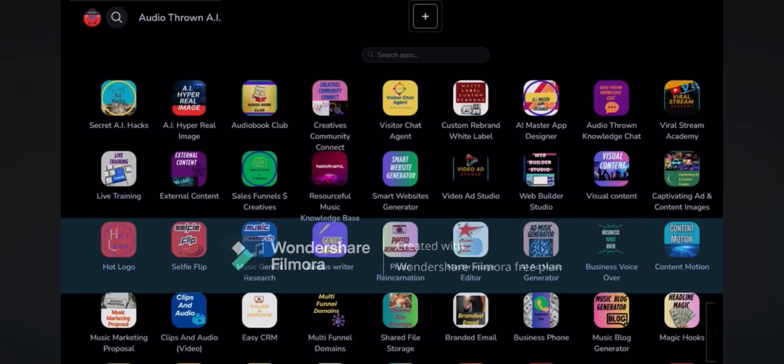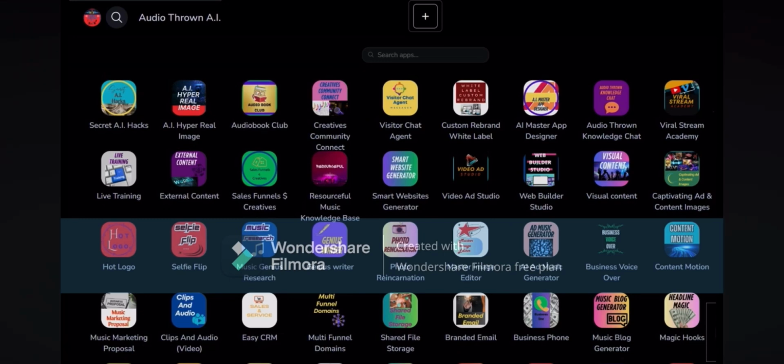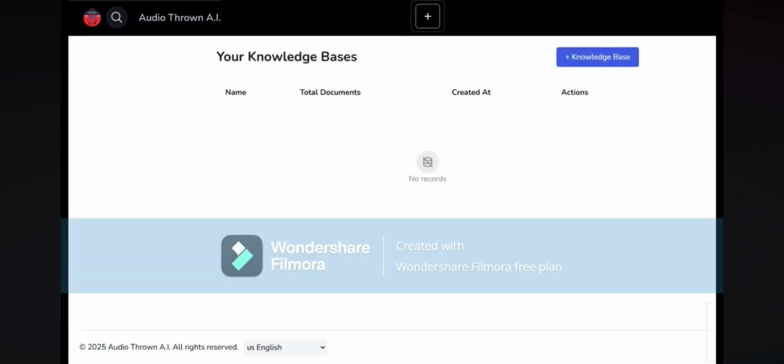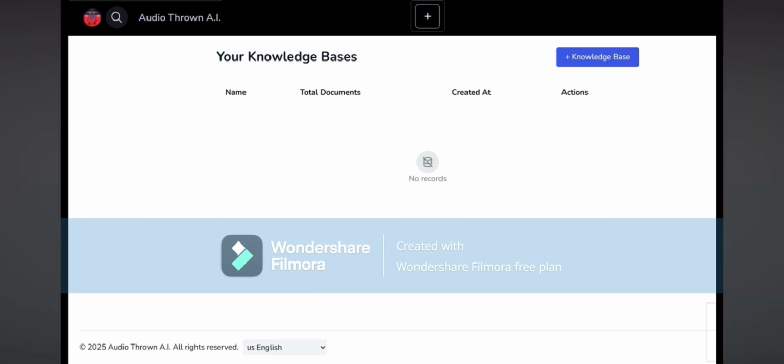Alright, so you want to come back to the home screen. You could always open this up in another browser. When you're doing this, have Audio-Throne AI in 2 browsers. One browser where you're designing the app, then another browser where you could just come to the home screen. But we're going to click this Resourceful Music Knowledge Base, this reddish pink one right here. So when you click that right there,